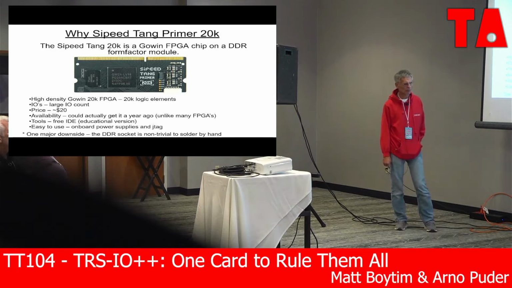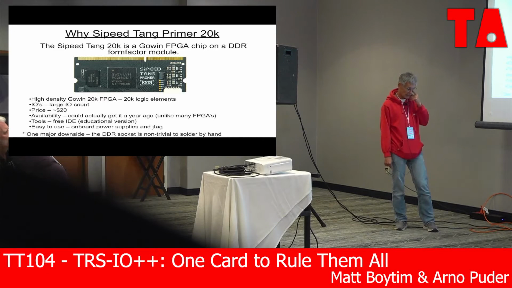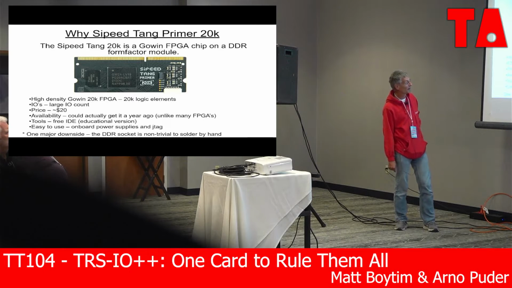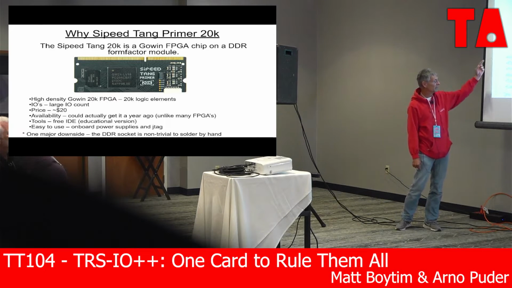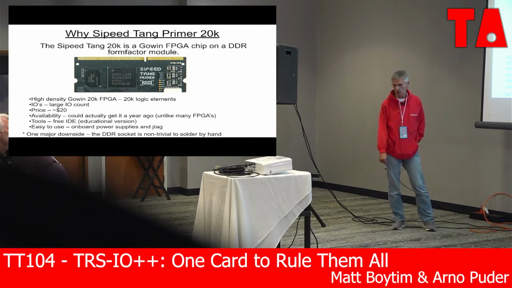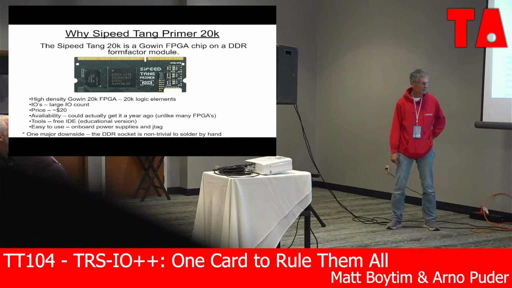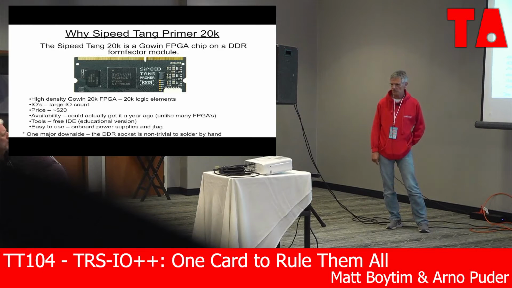Large I/O count, that was one of the big limitations. A lot of the easy-to-use FPGA modules were fairly low pin count. And for this application, we needed a fairly high pin count. So this is rather convenient to have about 100 pins. Relatively high density, relatively easy to use. It had onboard power supplies. It has onboard JTAG, which is convenient, and the JTAG also includes a serial port. We currently don't use it in this design, but there's a chance we would in the future, but it is a nice feature. The one kind of significant downside is that it's a DDR form factor, which is somewhat hard